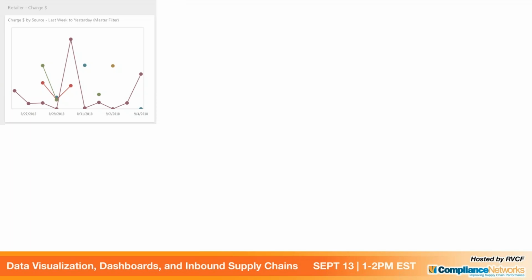So if you look in the upper left, our prime real estate, what we have here is a daily activity by violation source. That could be helpful. For example, if a new rule, or a set of rules, had been deployed in a vendor compliance program, or if there is a new detection source. So, for example, if a particular retailer had not been evaluating ASN performance and had recently activated